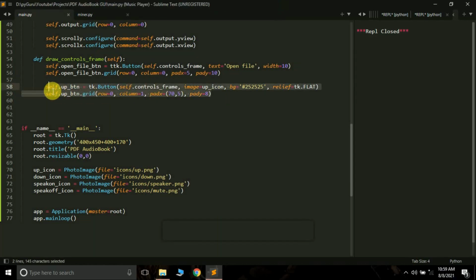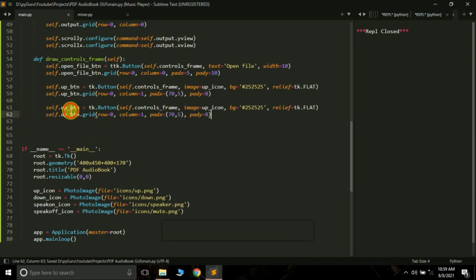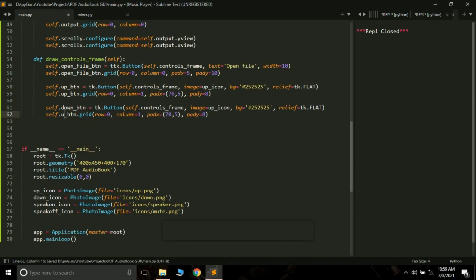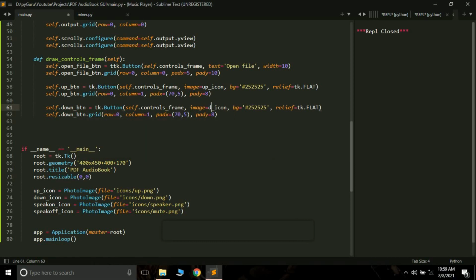Let's just copy it and paste it once again, so we'll be able to create our down button. So down button, and here too we'll be having the down button. Parent is same. Instead of up_icon, what I want to do is down_icon.